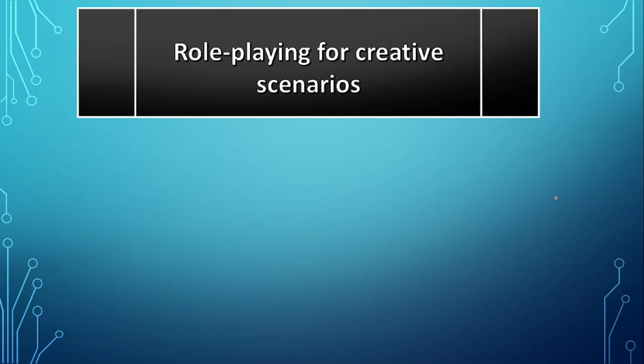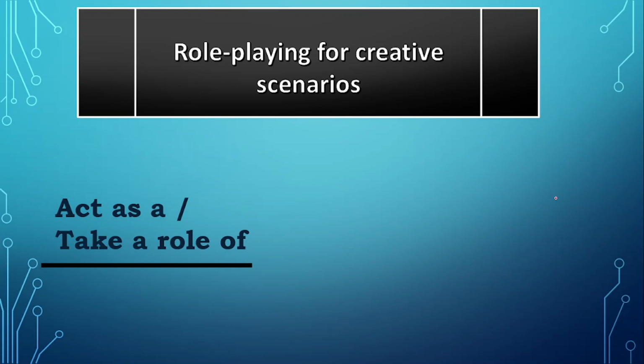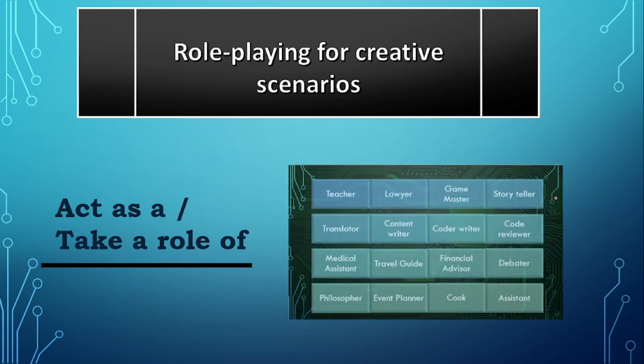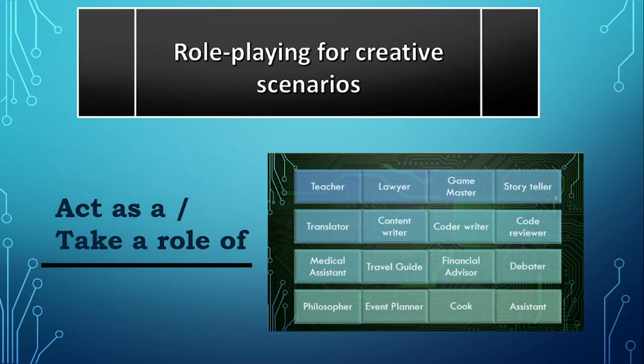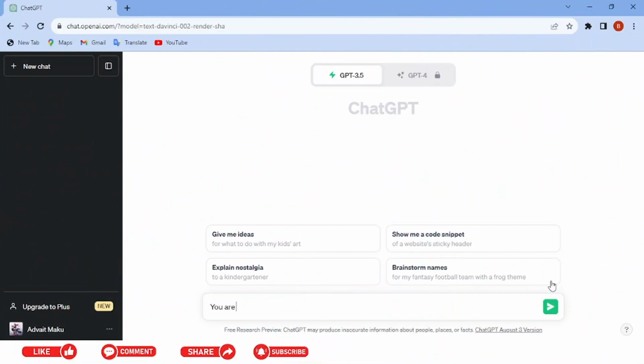Role playing for creative scenarios. If your scenarios are difficult, you can ask it to role play. For example, you can ask it to have the IQ of Einstein and Elon Musk combined. Here, you can take the role of all of these which I have given in the previous slide. If you want, you can scroll back and see everything in detail. How will role playing for creative scenarios help us? Here, you are